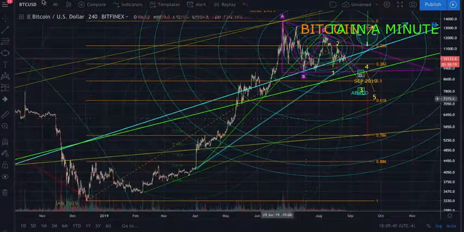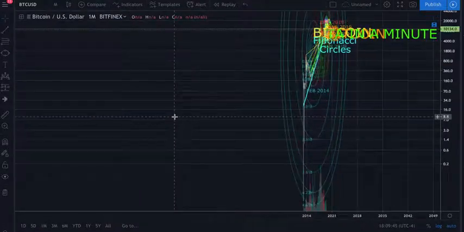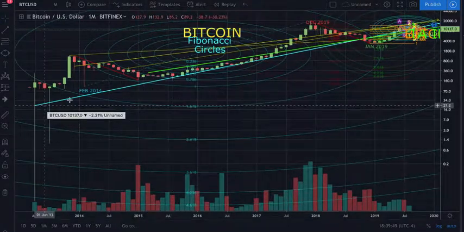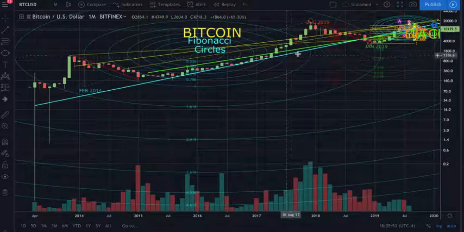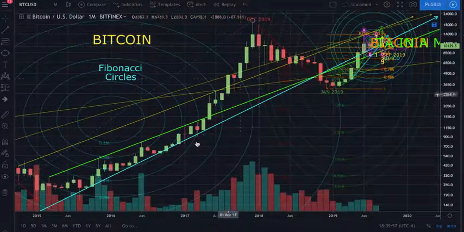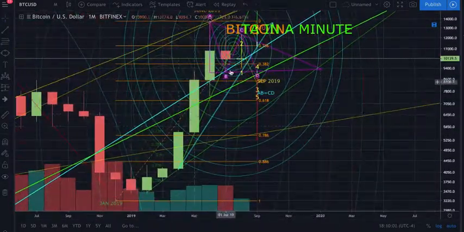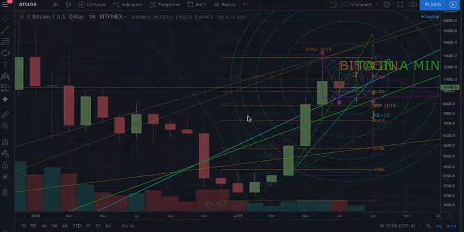That comes from way, I'm actually going to show you. I don't always show off all my secrets here, but I'm going to show you a couple today. You see that blue line comes all the way back. This is support for the entire bull run until we go parabolic here, okay? And that's very substantial. So you see it comes all the way up, and that's where we're dancing around right now. So let me go back to the smaller time frame.